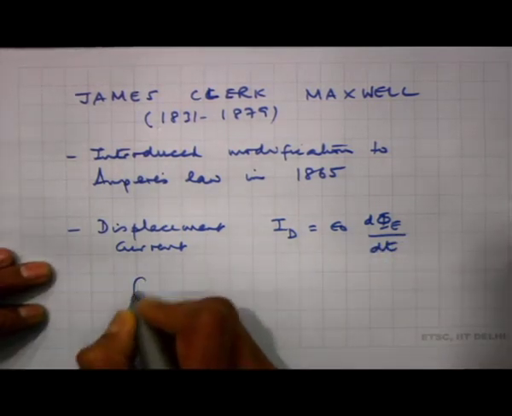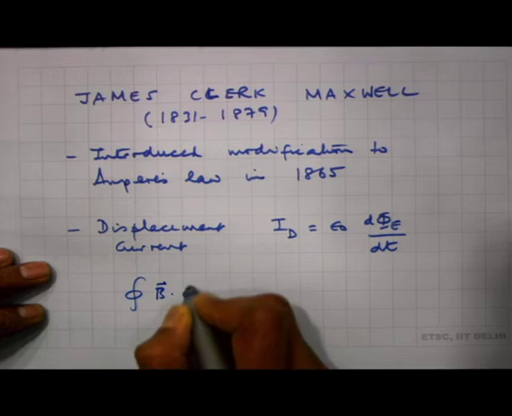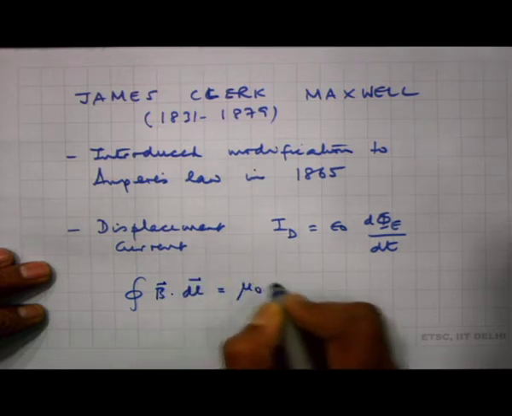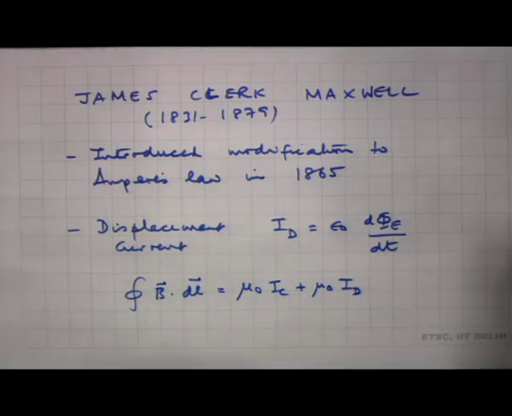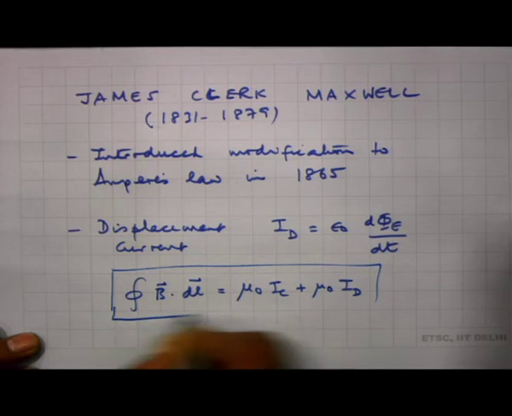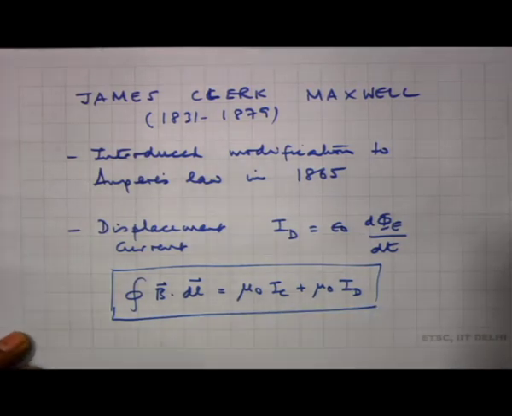So, this modified form of Ampere's law or generalized form becomes equal to mu naught times I c plus mu naught times I d. So, there is a conduction current term on the right hand side and there is a displacement current term on the right hand side, both together have to be taken into account in this, and this was a very major modification of the Ampere's law introduced by Maxwell, and it not only corrects the Ampere's law, as we will see that this introduces a completely different picture to electromagnetic equations, because it predicts, as I will show you later on,